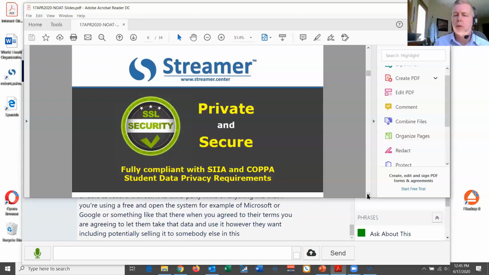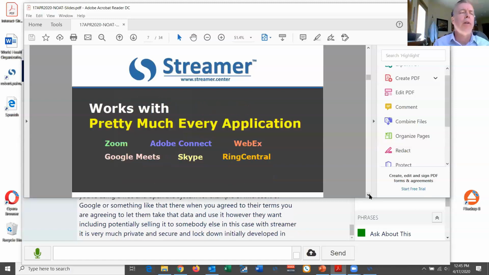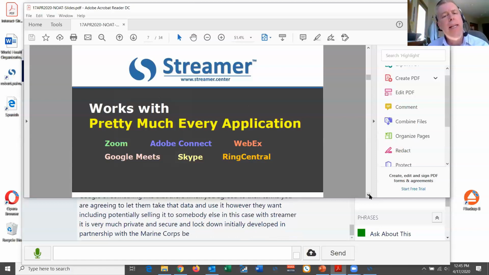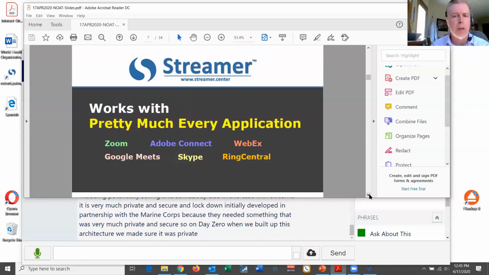In this case, with Streamer, it is very much private and secure and locked down. Initially developed in partnership with the Marine Corps because they needed something that was very much private and secure. So on day 0, when we built up this architecture, we made sure it was private and secure.